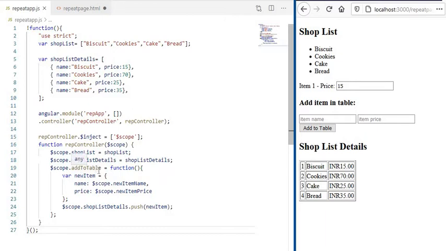What this function will do is, when this particular addToTable function is called, it will create a variable called newItem, and inside the newItem I have two components. One is the name and another one is the price, like we have already discussed. So name has a value which is retrieved from $scope.newItem.name. So whatever value is held by $scope.newItem.name will be substituted to the name. Similarly for the price.